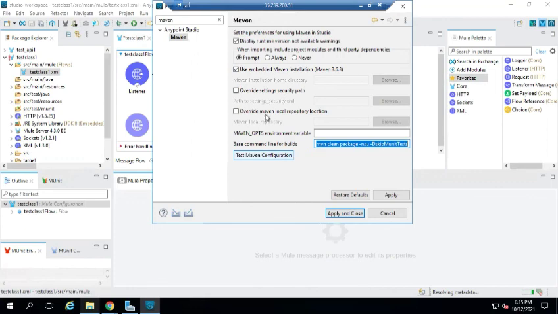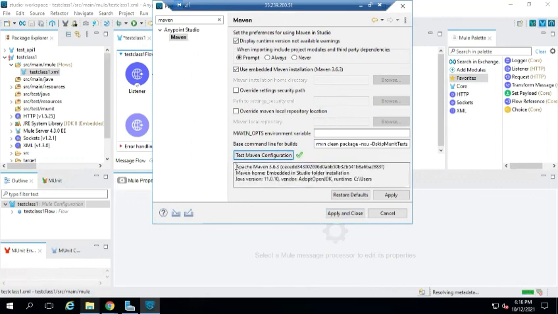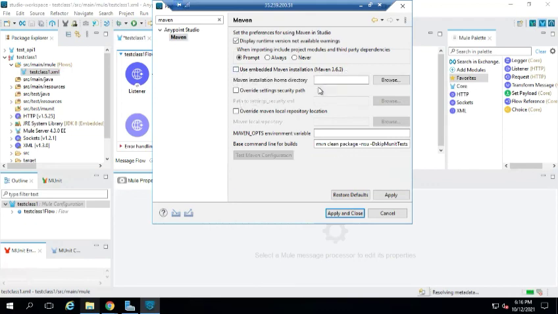So how to test whether it is configured or not? Just click on Test Configuration. Okay, so what you are getting is Apache Maven, and this is the Maven Home embedded in the Studio folder. So you don't need to worry about this part. And the vendor is Adopt OpenJDK. Correct? And if you don't want to use this Maven version, you can uncheck this one and give your own Maven installation path and use that instead. But it is better to use the embedded version. That is the correct method.